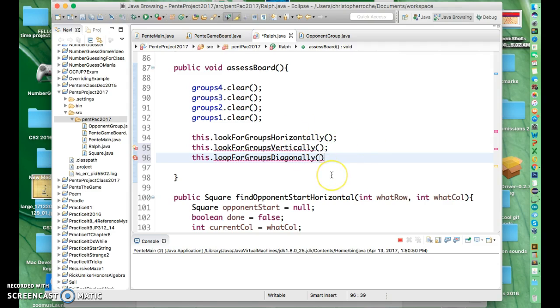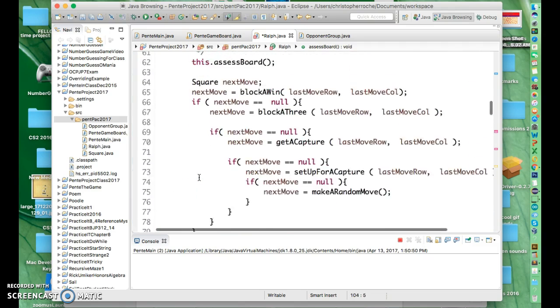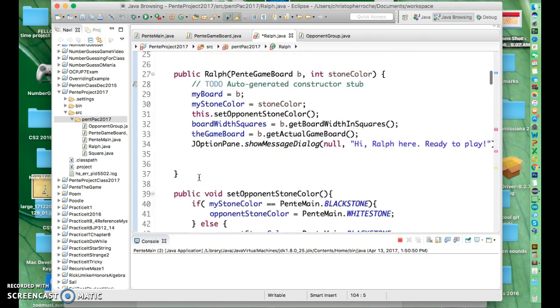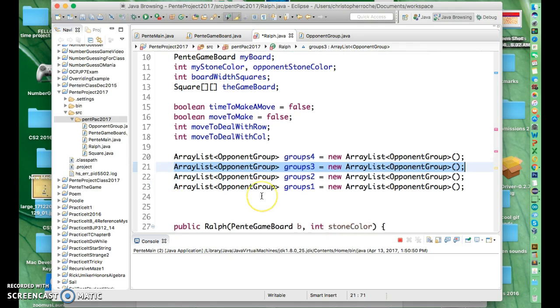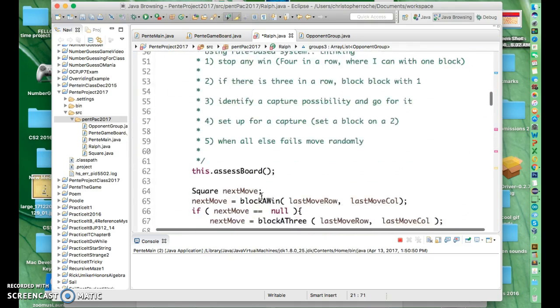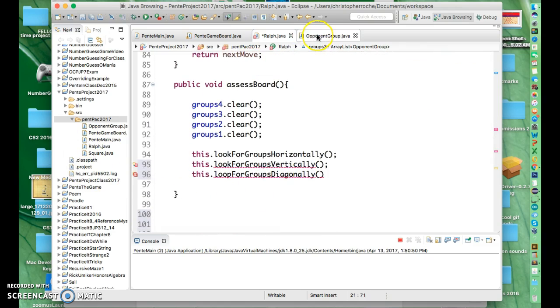Once I have all my groups done, I'm going to evaluate them. If they're a 4, I'll put them up here. I'd go through all the 4s, because that would seem like the highest priority group, and see if there's anybody I need to deal with. Then go to the 3s to see if there's an unguarded 3, that kind of thing. You could add more logic to it. So the whole thing begins and ends with finding these opponent groups. The thing I've got to do right now